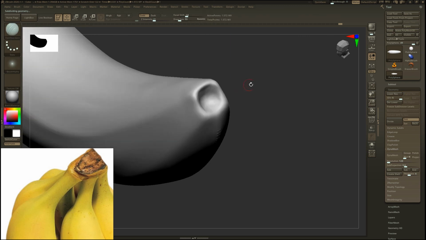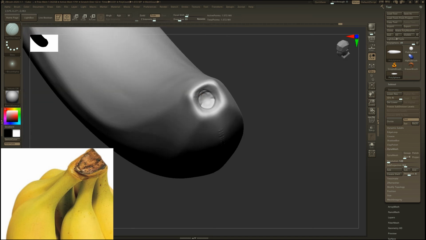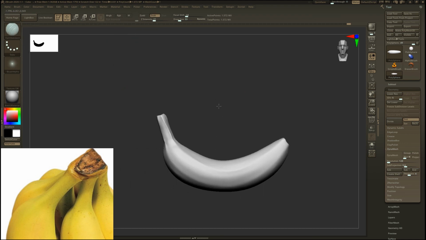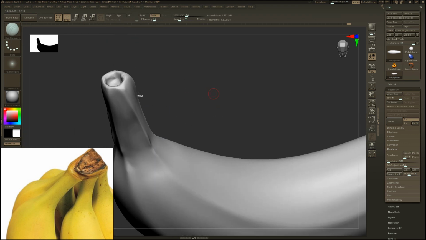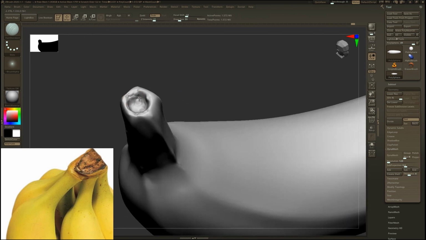Just turn off Lazy Mouse to get details like that. I am adding some details here too.